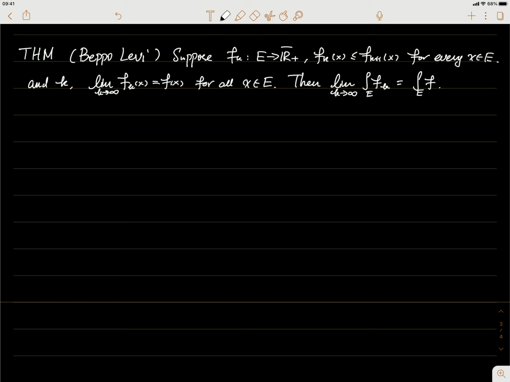Okay, we continue this discussion of measurable functions and their integrals. So again, consider a sequence of non-negative functions, f_k, defined on the measurable set E, taking non-negative values. And suppose the sequence is non-decreasing at every point. That means for every point, f_k(x) is less than or equal to f_{k+1}(x). And since this sequence is monotone, suppose the limit of this sequence is defined to be f(x),